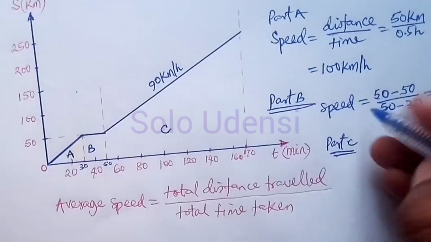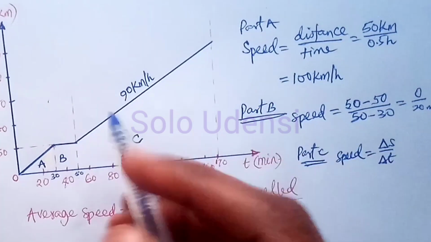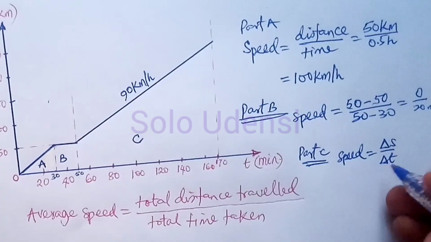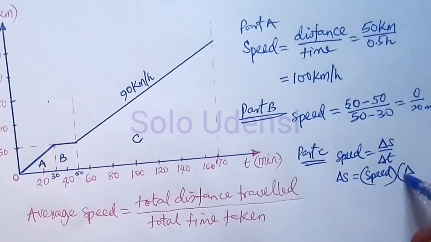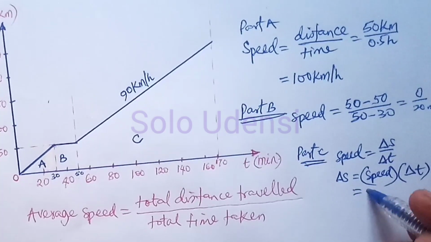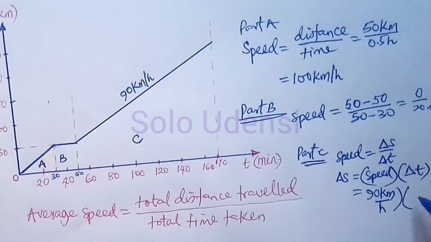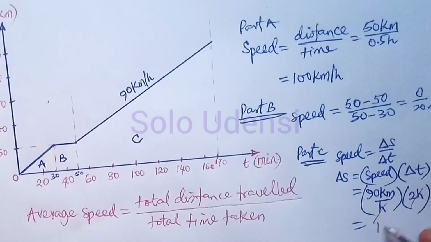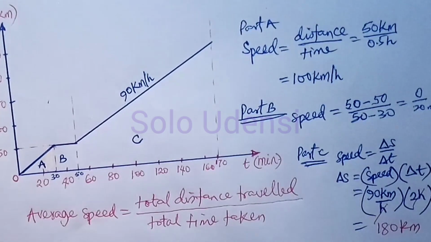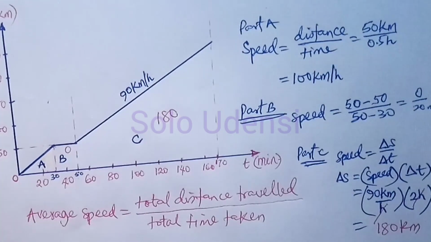So for part C, we also use speed is equal to change in distance over change in time. Now we want to find the distance because we already have the speed. So change in distance is equal to speed times change in time, and that is equal to 90 km per hour times change in time, which is 2 hours. From here to here is 120 minutes. That's 2 hours, 2h. So you see that h will cancel h. 2 times 90, 180 km. So the distance traveled in part C is 180 km. This place is 0 and this place is 50. It's given. So we'll now come back to our